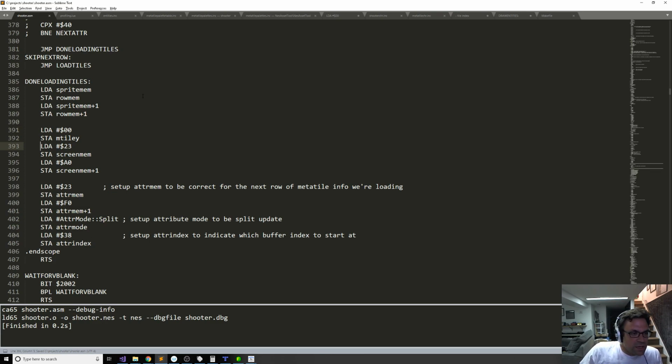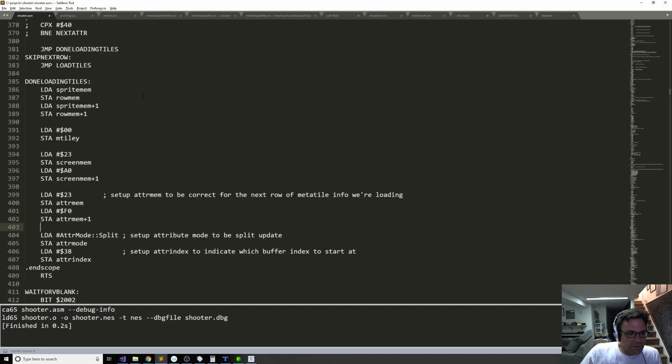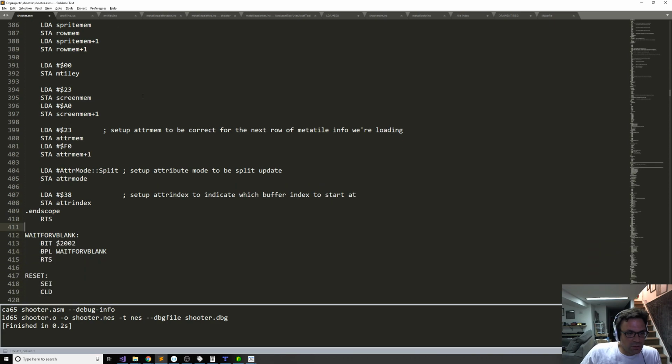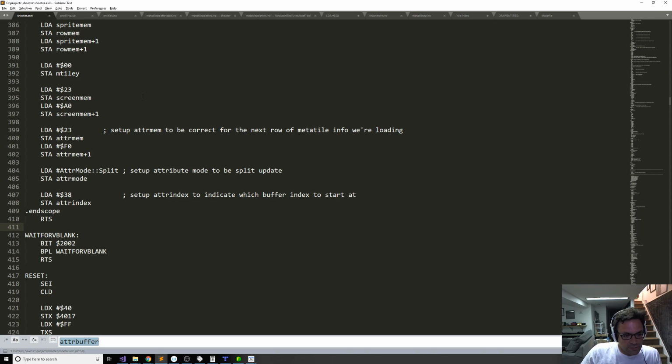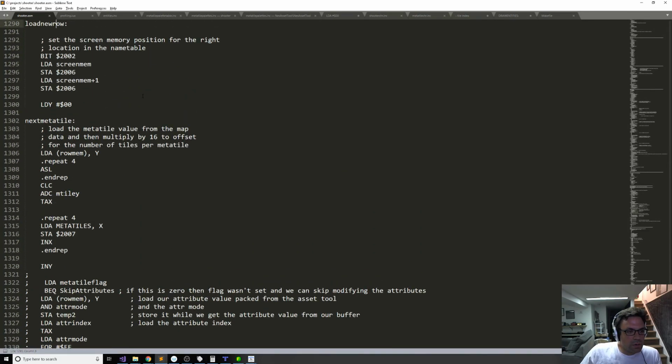Okay, so these, let's see, mtop.y, all of this stuff makes sense to stay the same. The attribute memory stays the same. We're still in split mode. That doesn't change. The attribute index doesn't change. Okay, so that's good. And then the only other part that we have to change here